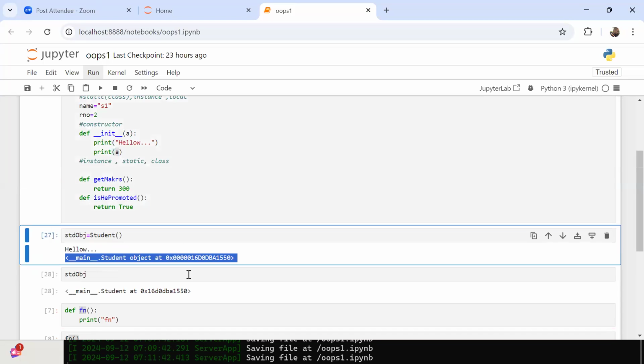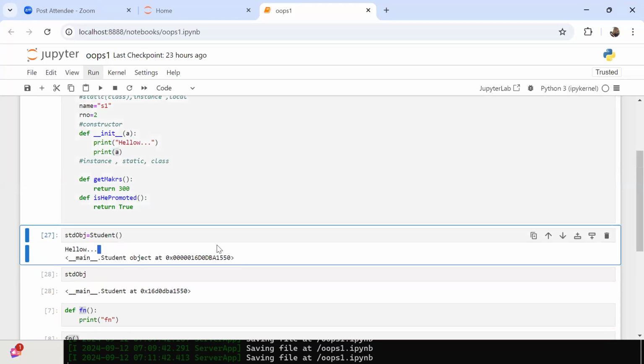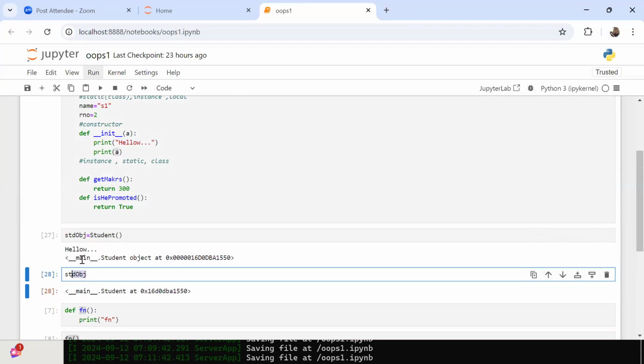This is my student object I printed here. What is the difference between this one and this one? Analyze, it takes time. After hello, something is printed. That is the A. And this is my object. What is the difference?